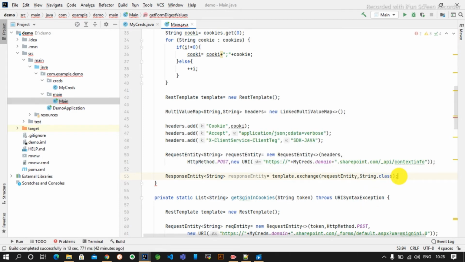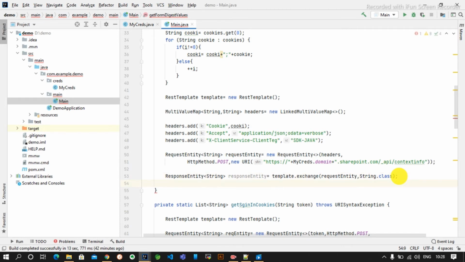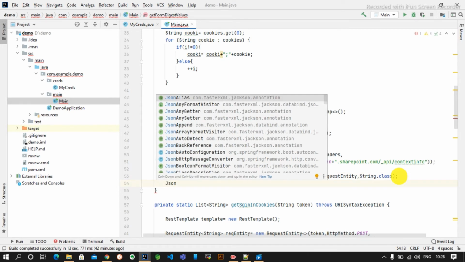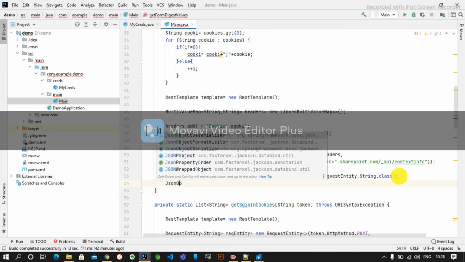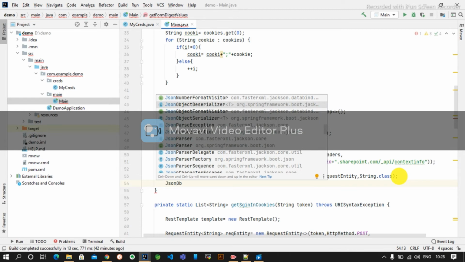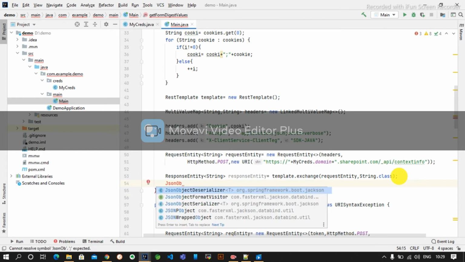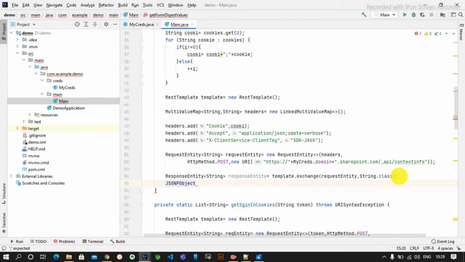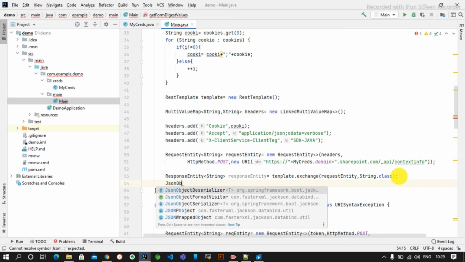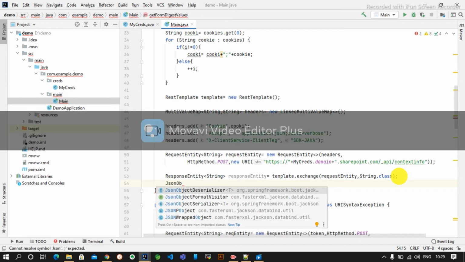So here we are getting response entity string, we will use a JSON object. No, this one we don't want, we need JSON object format, not JSON P object.